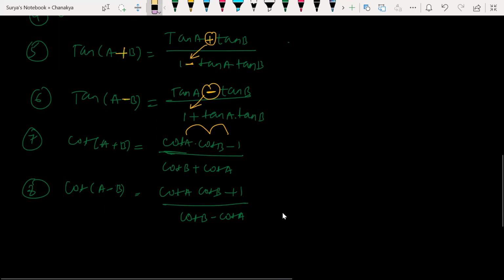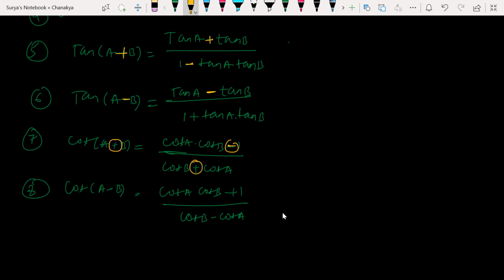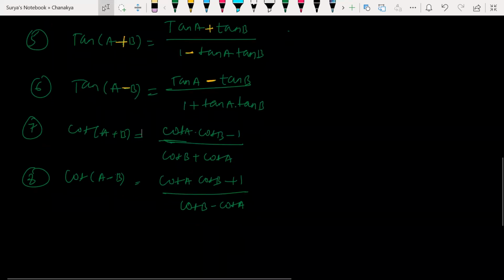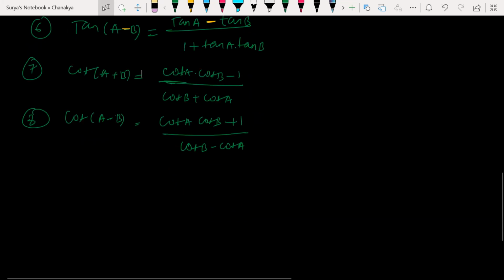Okay. Clear? Yes, sir. Now look at this: cot A plus B, what do you have? Opposite. If I have plus here, I'll get minus here. If I have minus here, I have the opposite, plus, here. Hope it is clear. I'm telling you the trick to remember. It's actually a useful trick. This is how you can remember for a long time. You can't simply mug up everything, you'll forget after 2 days. So please try to remember tricks.